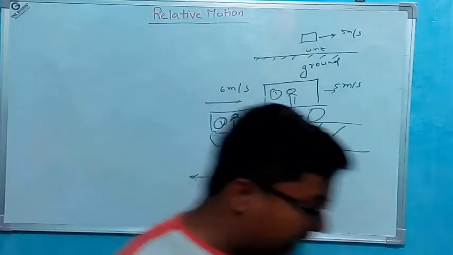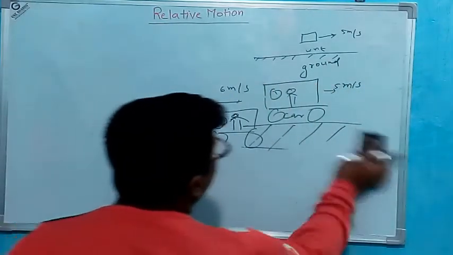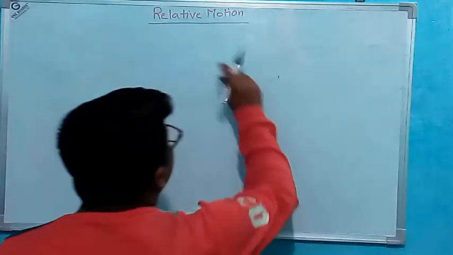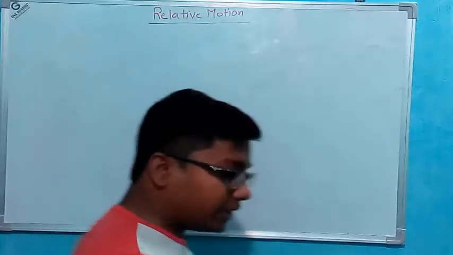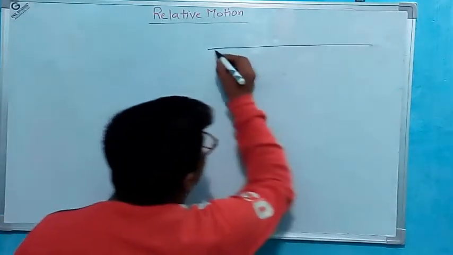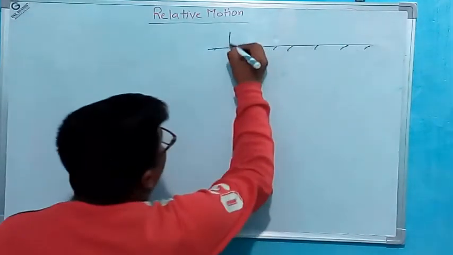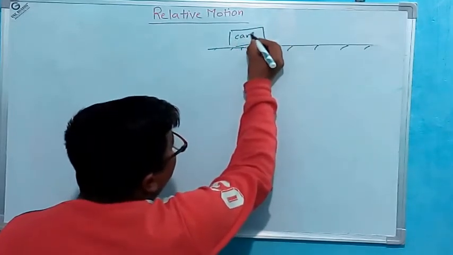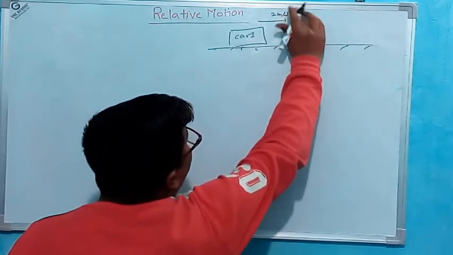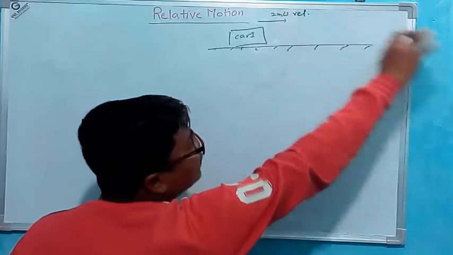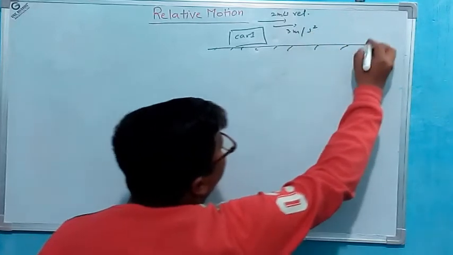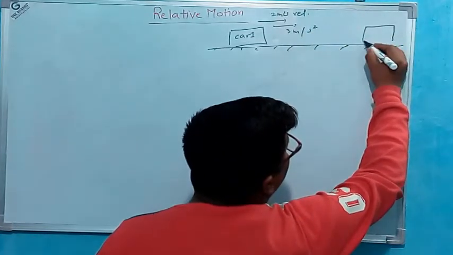Okay. Then now we take an example of relative motion. What is relative motion? We have learned that. And now the example of relative motion. This is a ground and car 1 is moving with 2 meter per second velocity in this direction, and acceleration is 3 meter per second square, and this is car 2,